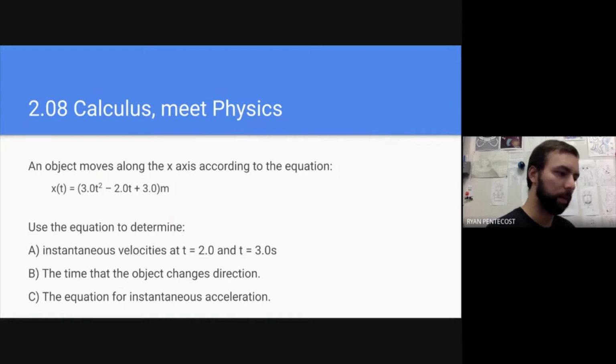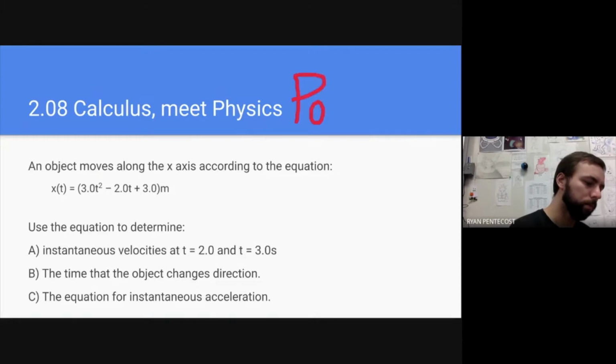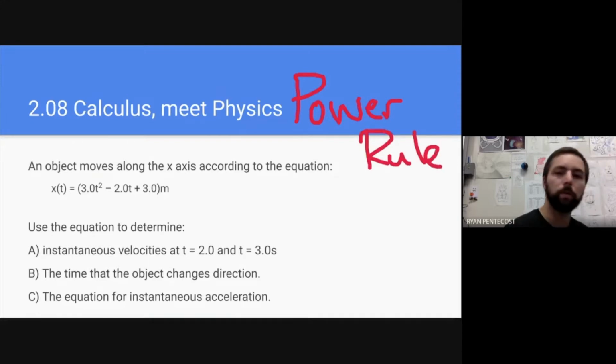What we will do is we will start using what's called the power rule. Now, the power rule is something that you may have heard of. I think ASCII supposedly taught you the power rule. But the power rule is the basic way to take a derivative. So we will start with the derivative of